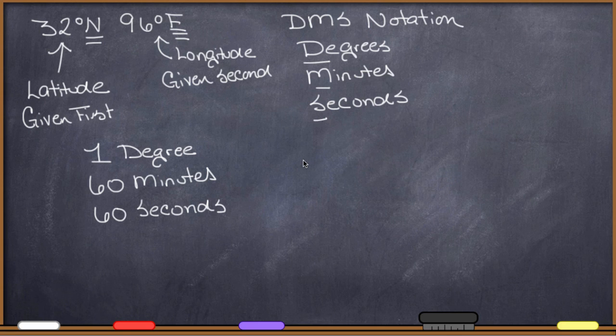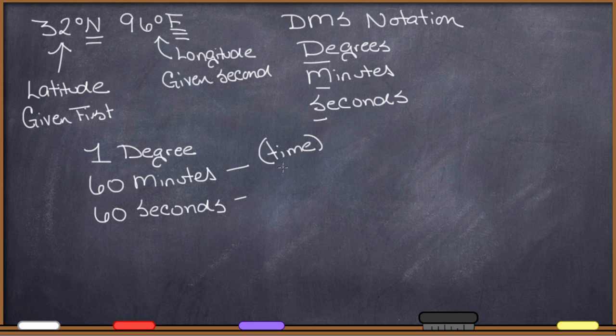This is one of only a couple of places where a base 60 system has continued into the world today. A base 60 system, 60 of one thing becoming 1 of the next, is probably a bit strange to you. We're used to 10 of one thing becoming 1 of the next thing when we count using a decimal system. Base 60 is a little bit stranger, but the ancient Babylonians used a base 60 system when they were counting, and so this is one place where it endures. Of course, you probably recognize minutes and seconds from time. And of course, we did talk about the relationship that longitude has with time.